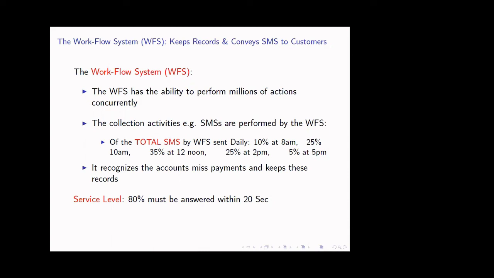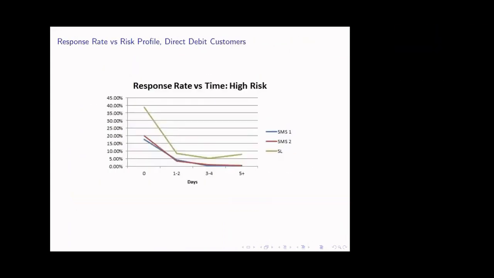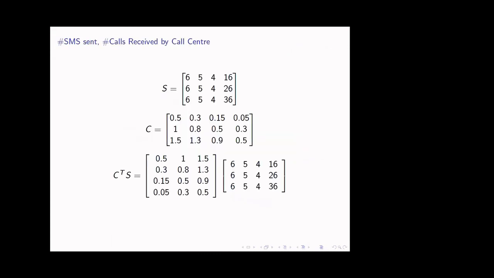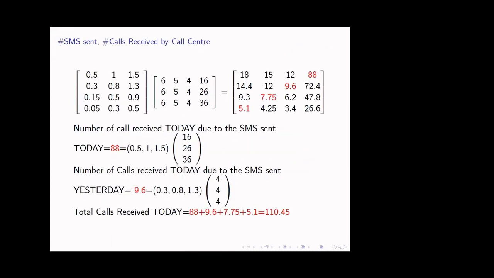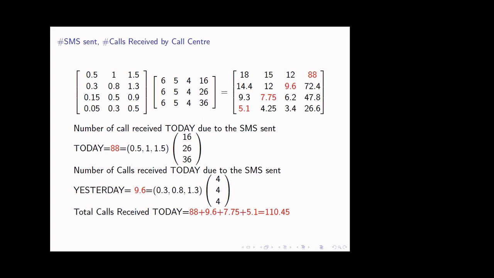Thank you. And then, sorry, I have one more question if no one else has. When you compute the matrix, I think it was C transpose times S, my question was, you mentioned that if you sum the anti-diagonal entries, which I don't know, is that the anti-trace, that is the number you need, the total number of calls received. Do the other entries in the matrix mean anything? Why do those need to be computed? Yeah, we don't need those.